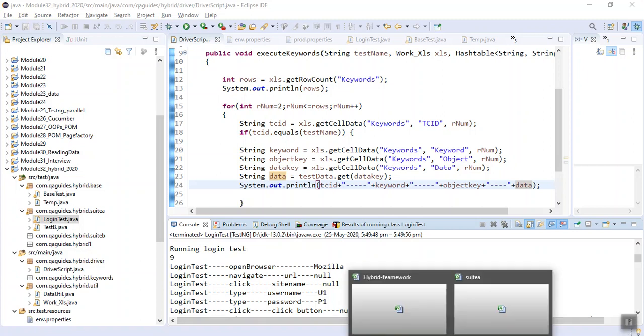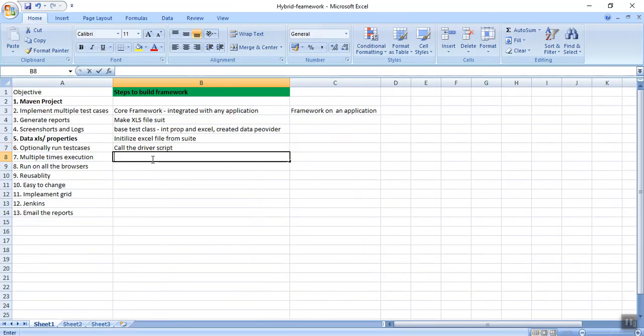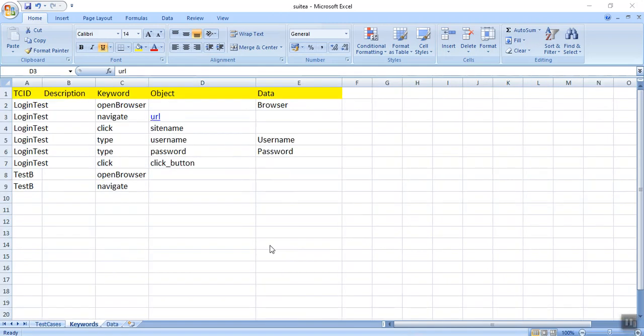So we have initialized the execution in the driver script, and checked the run mode also. Now what I have to do is read these values from our corresponding property files.